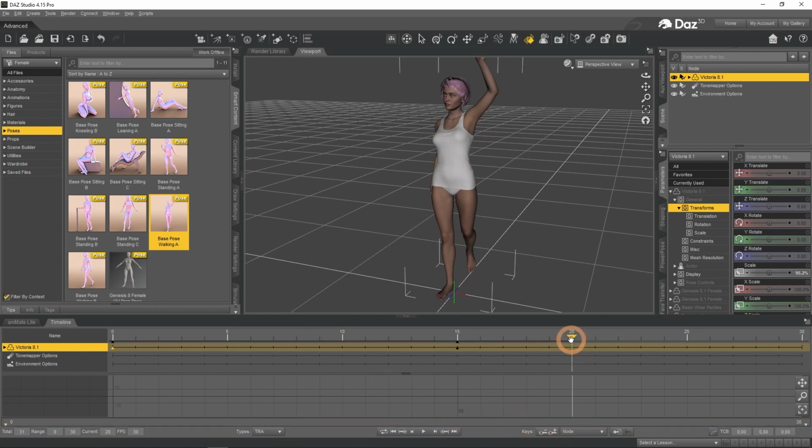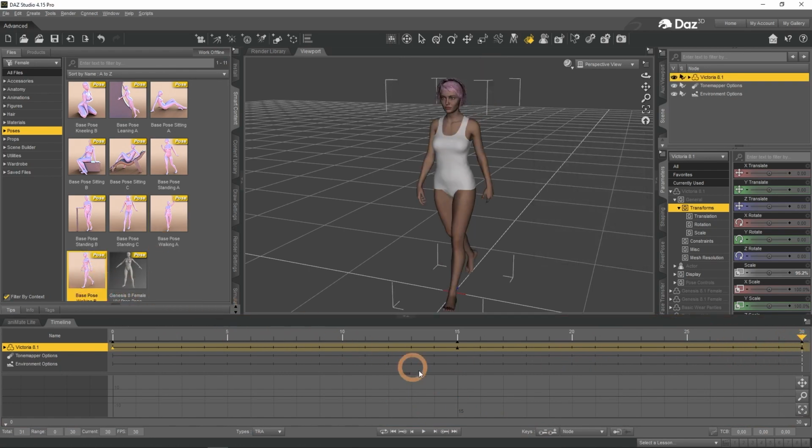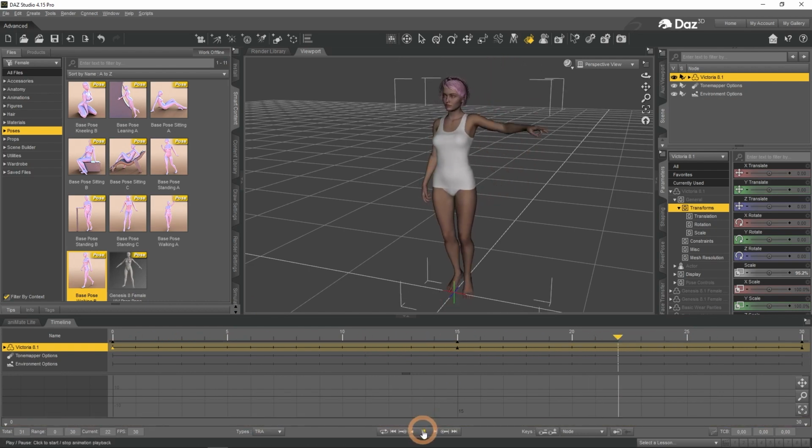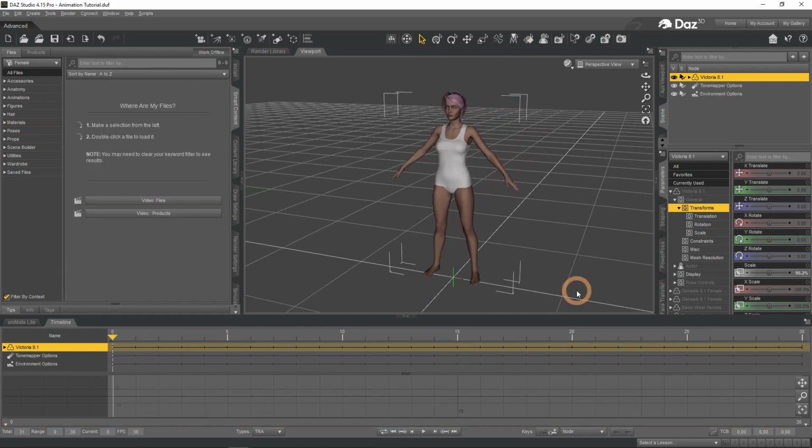To create a loop animation, you can go to the last frame and apply the same pose as you had on frame 0. Now the animation is a seamless loop, where the character moves between two poses constantly. That is it about the basics of animating poses. Until this point we had still used some already made assets such as animation presets or poses. It is time to learn how to create something from scratch.